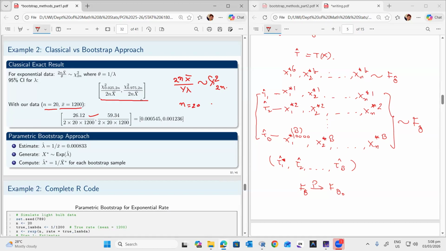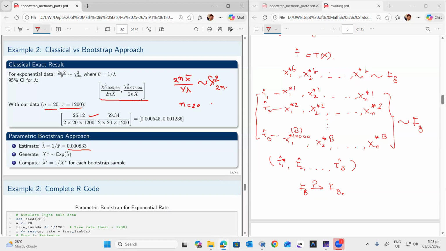So when we divide by 2n x bar, so 2 into 20 into 1200, we get the confidence interval of lambda as 0.000545 and 0.001236. All right. So if we estimate the lambda, lambda cap is 1 upon x bar, so it will be